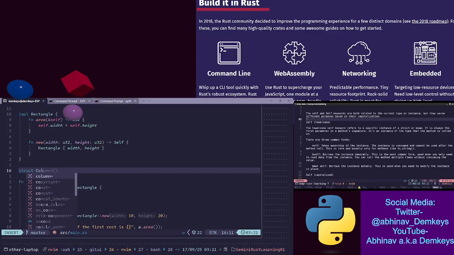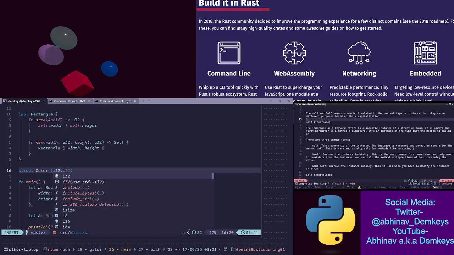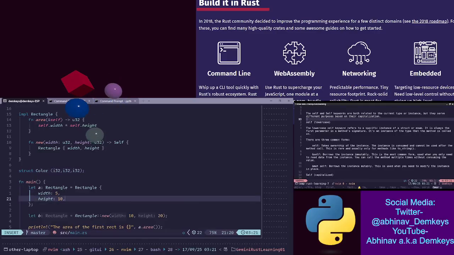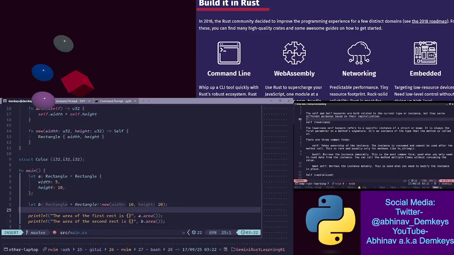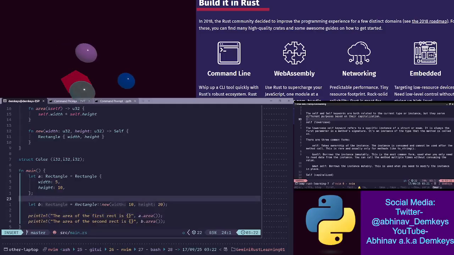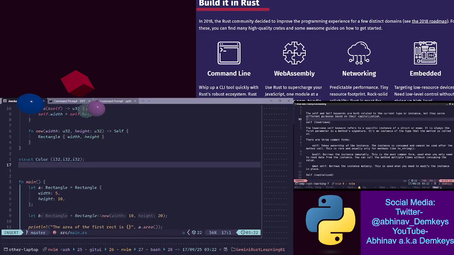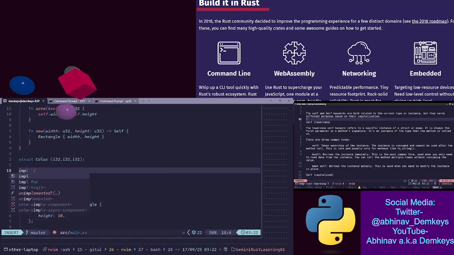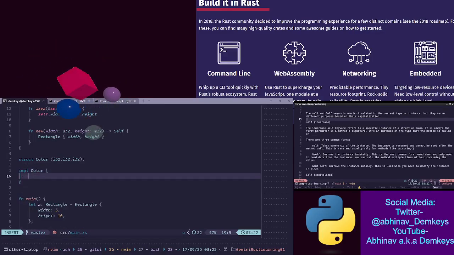So let's do struct Color, and then we can do i32, i32, i32. And just for the heck of it, we can also do a struct. Dude, okay, would I then be able to implement methods for this struct as well? So impl Color, let's say, I don't know, some o1. I always have a hard time with these names. Okay, self,